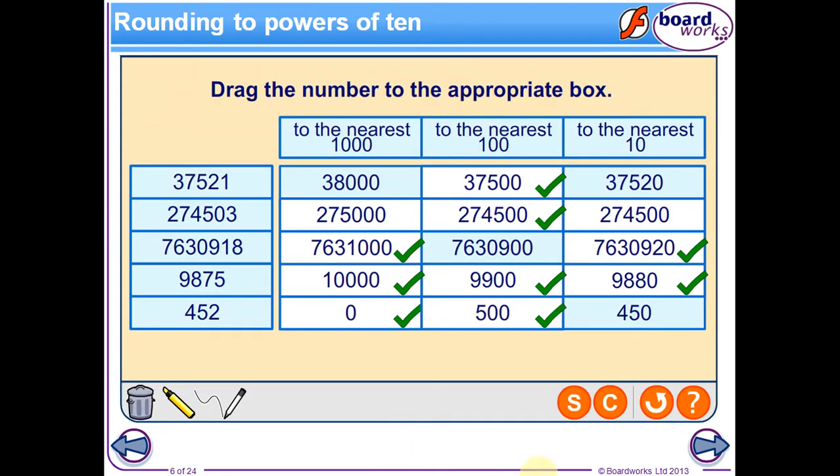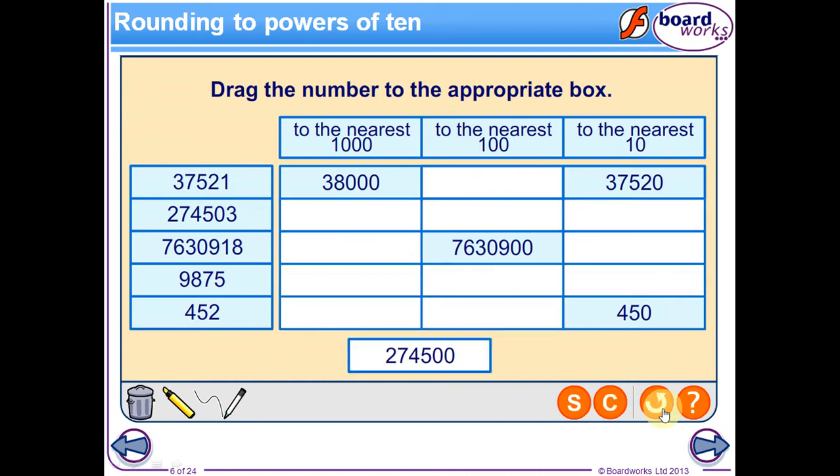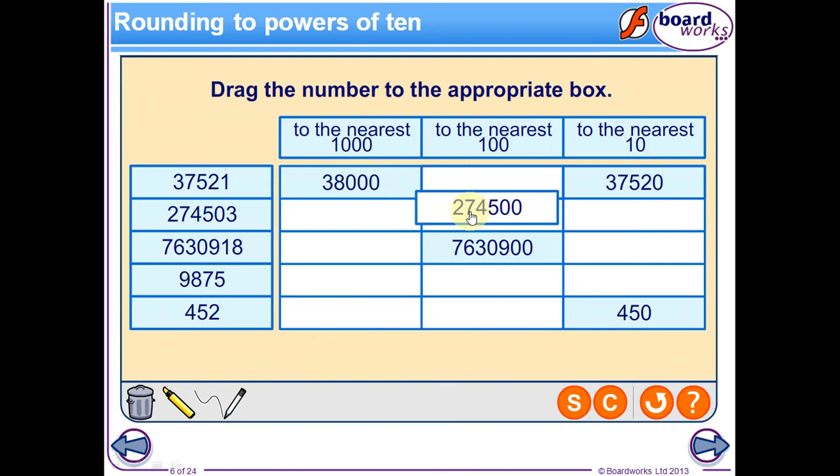Okay, let me just walk through this. Let's start and go through this. Now drag the numbers, these are rounded to the power of 10. We want to see to the nearest 1,000, to the nearest 100, to the nearest tens. So we drag the number to the appropriate box. If you look at this, this number ends with two zeros, meaning that this is to the nearest 100. So I'll be looking at this column, nearest 100. Then I will look at the number that is closer to this, and this is 27. So this should come here because this is to the nearest